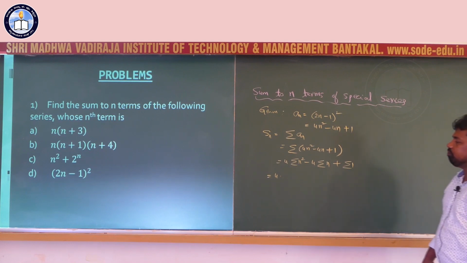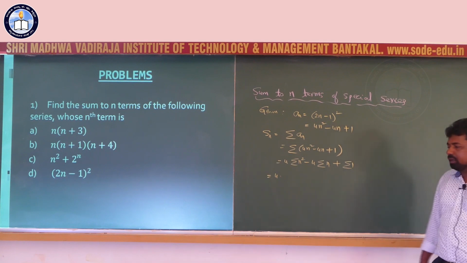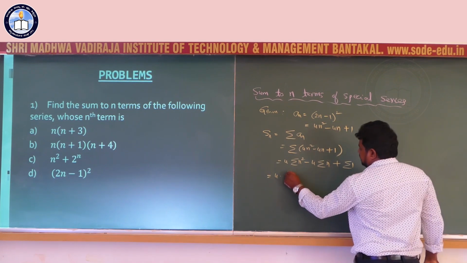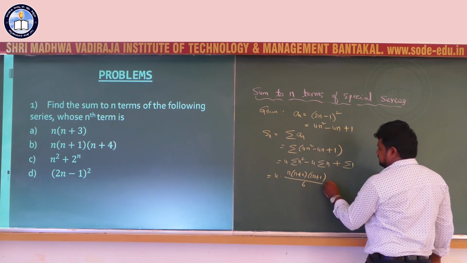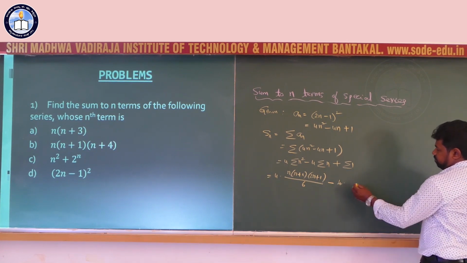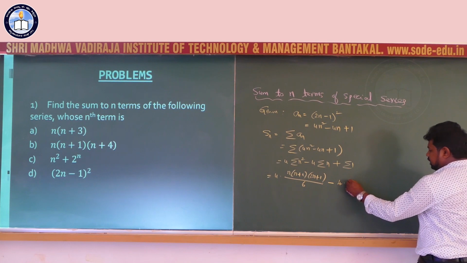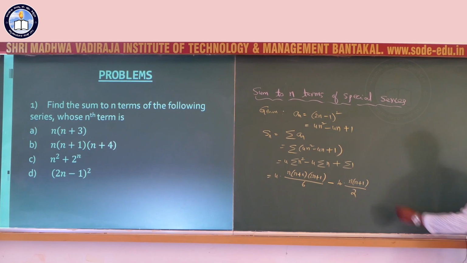Sum of squares of first n natural numbers, 1 square plus 2 square plus 3 square up to n square, equal to n into n plus 1 into 2n plus 1 by 6. n into n plus 1 into 2n plus 1 by 6 minus 4 into summation n, n into n plus 1 by 2, plus summation 1 plus 1 plus 1 plus n times, that is n,